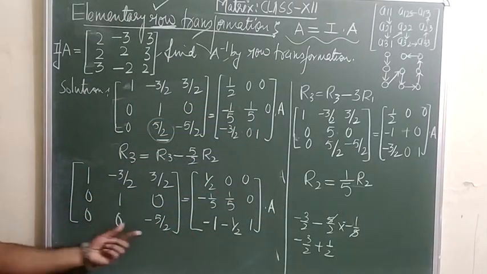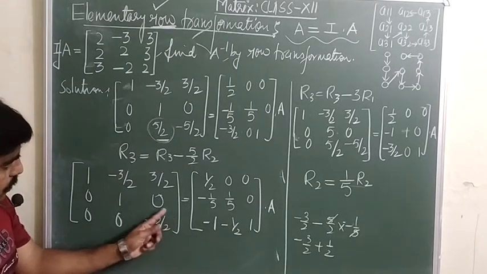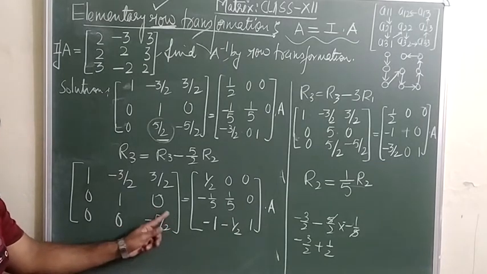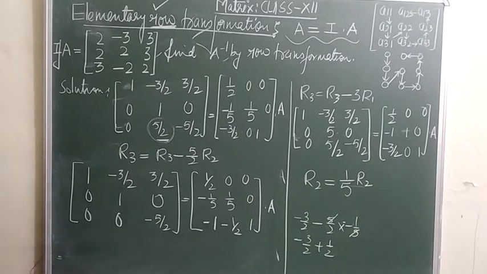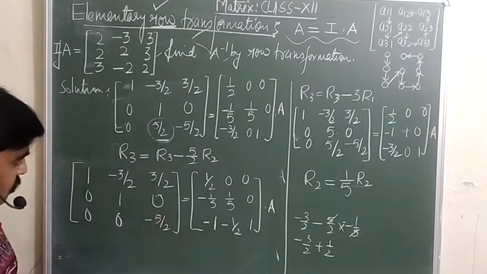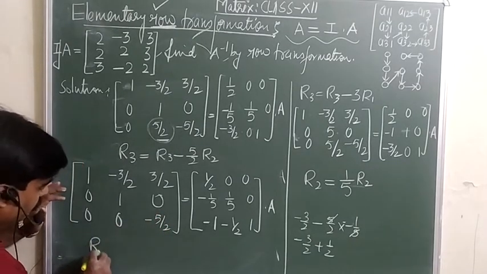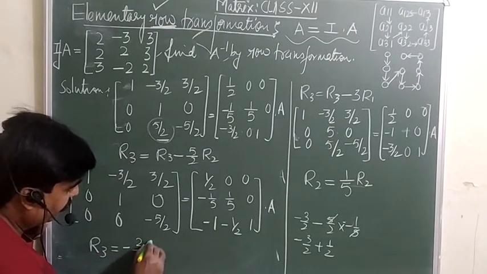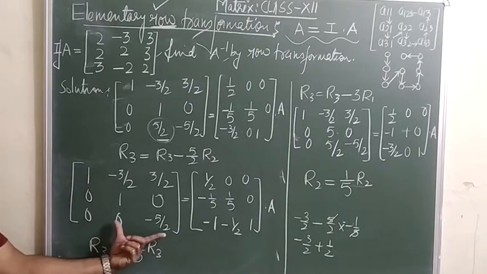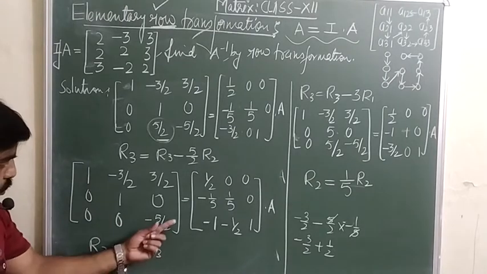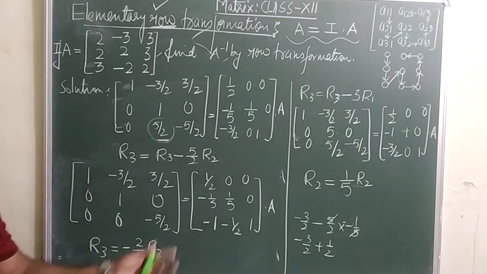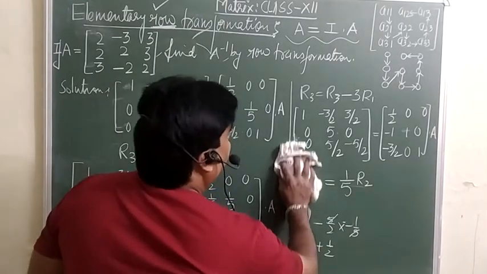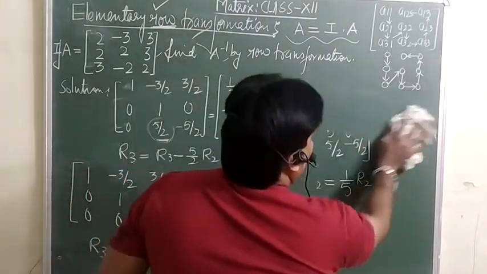So now we are supposed to change this one. This must be equal to plus 1. So in this third row, what we can do, we can multiply it by minus 2 over 5. Third row can be multiplied by minus 2 over 5. So here you will get plus 1. So same operation we are going to do here. So look at here now.